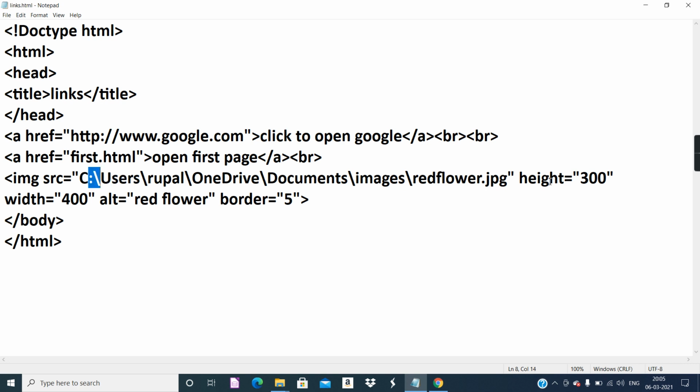Also in href, double quotes are compulsory because we have characters as well as special characters. Whenever there is a mixed kind of value, a mixture of alphabets, numbers, special characters, double quotes become compulsory. Otherwise, we generally give values in double quotes so that you always get the perfect output in one go.